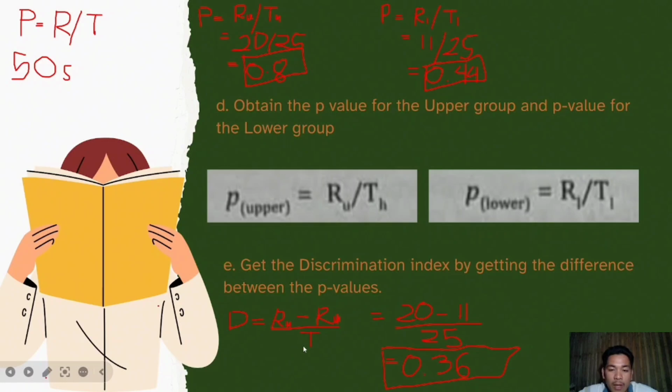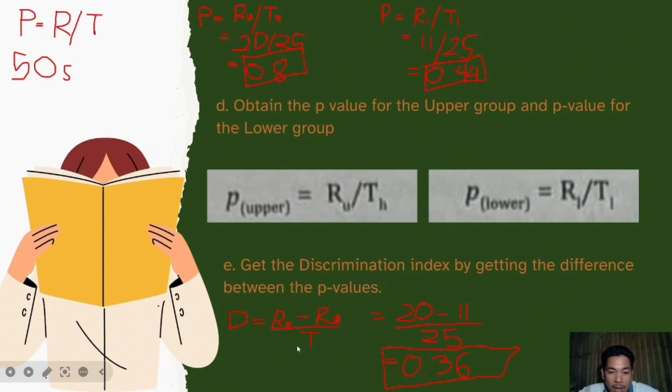So, we have here the formula on getting the discrimination index. We have three formulas in getting the discrimination index that Miss Mayol already discussed. So, D equals RU minus RL over T. RU means the number of the upper group getting the item correct, minus the RL. RL means the number of students of the lower group getting the item correct. And the T means the number of students